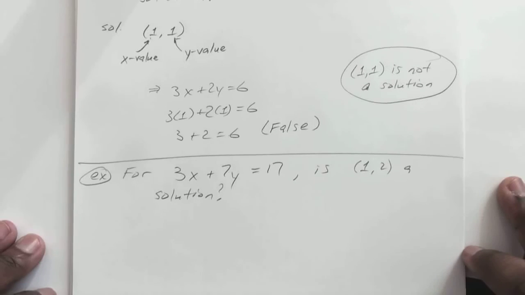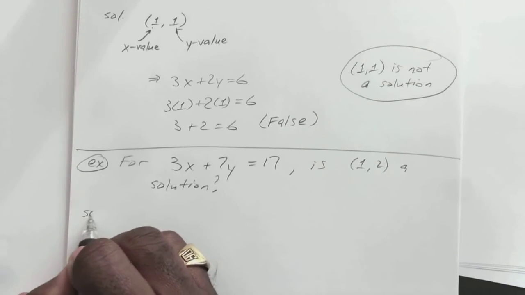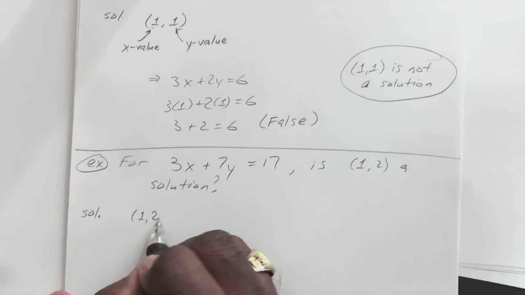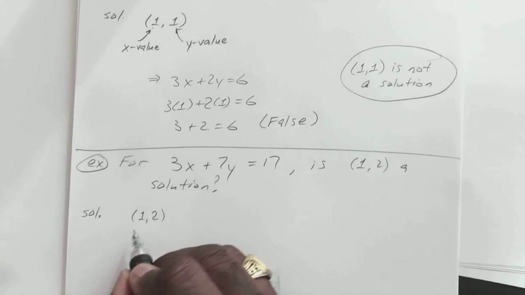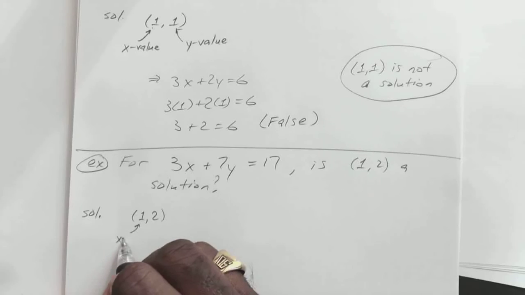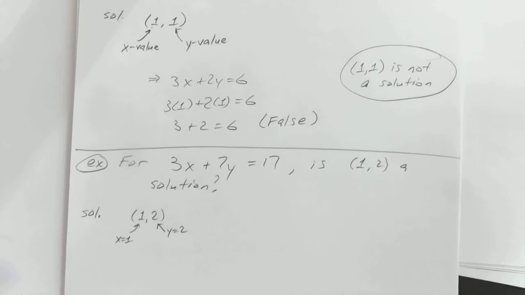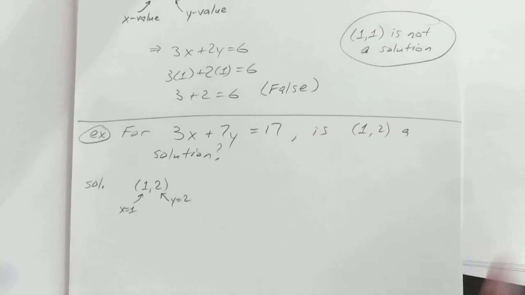Okay. So for this one, it's the exact same thing. If you have the point 1, 2, that just means that x is equal to 1 and y is equal to 2. Bring that up a little bit. Okay. So if we plug those in,